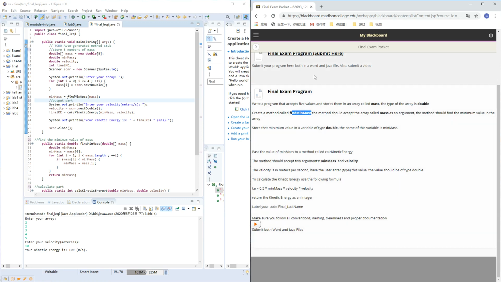Of course we need to do the identify thing first. For this array, we have five different variables for the mass, and the type of array is double, so we declare double mass, and we do all these variables as double. However, for the kinetic energy, we have to use integers, because it said here,